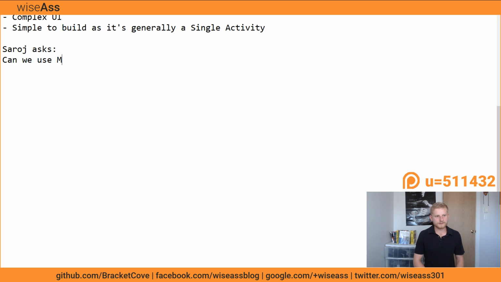Can we use MVP for a tab layout? And the reason why I want to talk about this, and Saroj, absolutely no disrespect here, I'm just trying to explain it a little bit better. So I get the feeling that you're not 100% clear on what Model View Presenter actually is. In practice, maybe you conceptually know what it is, but